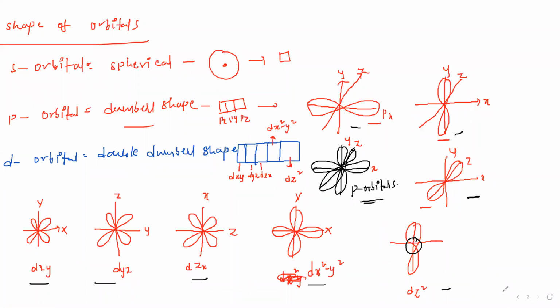Okay. I will write down next. You have to remember the important point. For s orbital, the m value, magnetic quantum number value, is 0 only, always. Yes or no? And for p orbital,